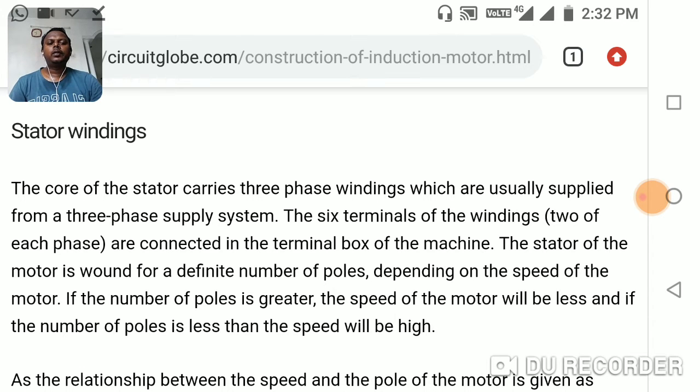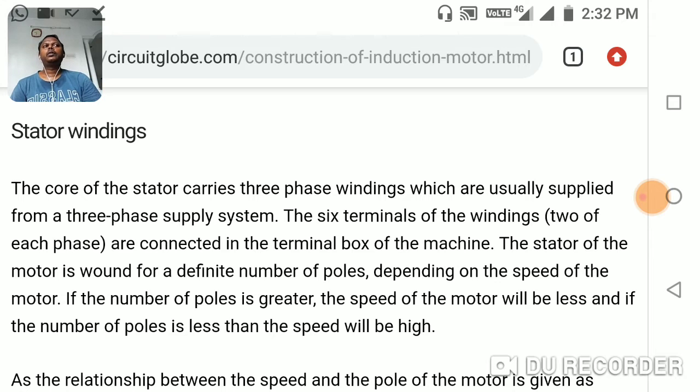The six terminals of the windings are connected in the terminal box of the machine. Why are six terminals connected? Because it's a three-phase induction motor and it has six terminal parts, as you know, R, Y, B, and two of each phase. The stator of the motor is wound for different numbers of poles depending on the speed